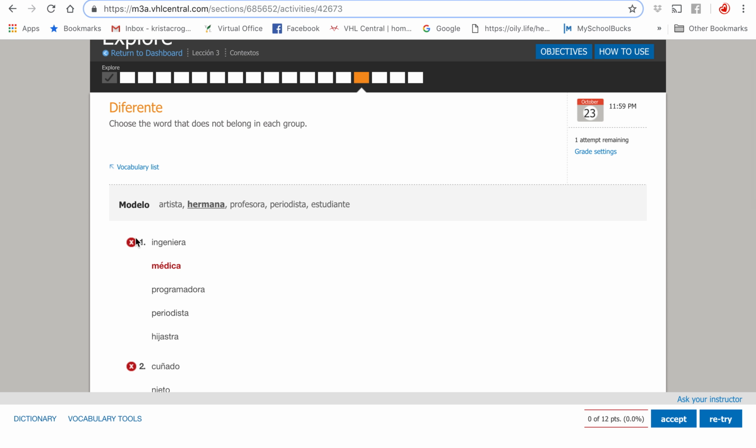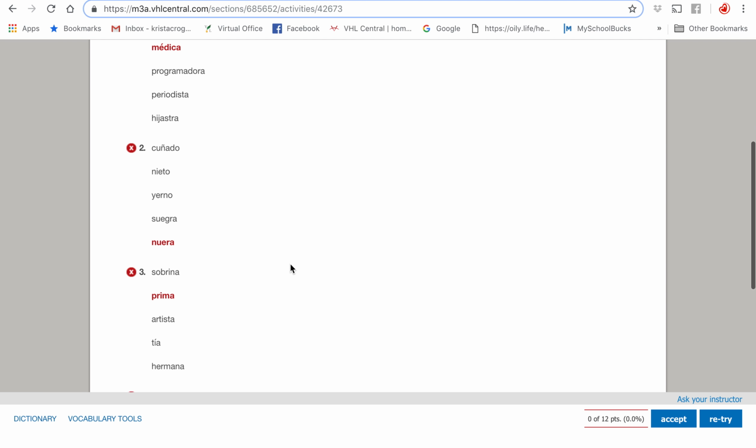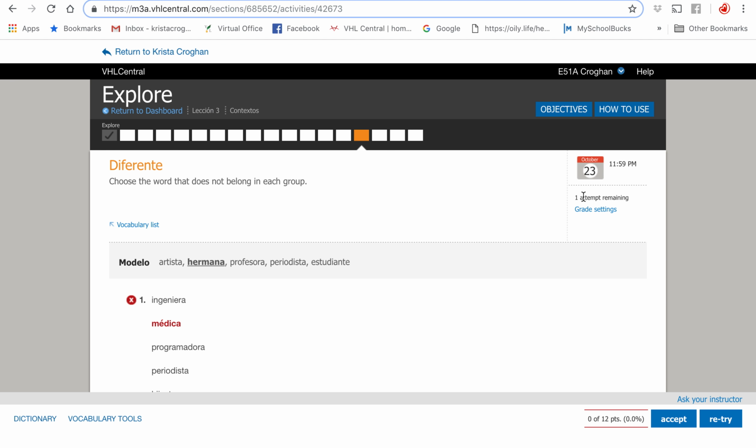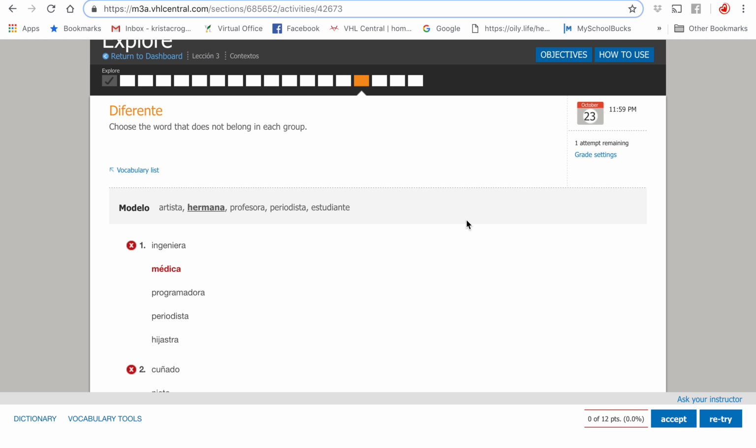Okay, and so this red X tells me I'm wrong. So médica is not the word that does not belong in each group. Okay, so I've missed pretty much all of them. And I do have one attempt remaining that I can go back and try again. I can click on that retry down here, or I can click accept, or I can click ask your instructor,